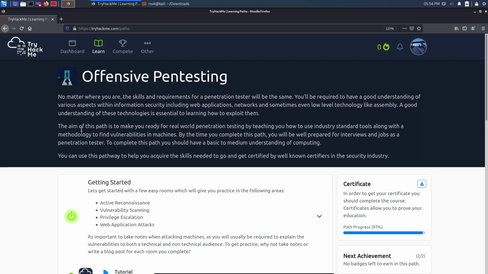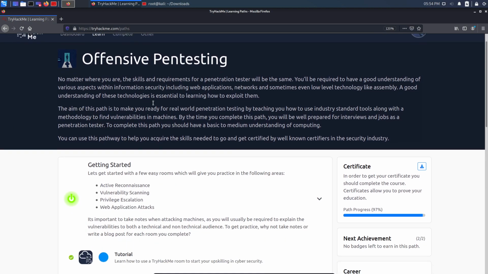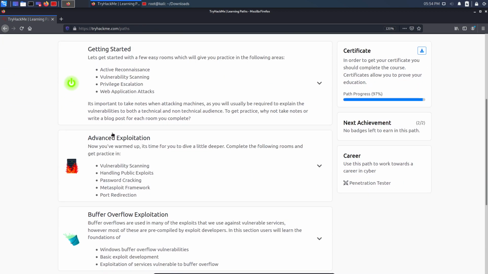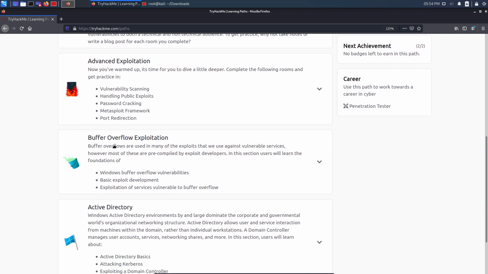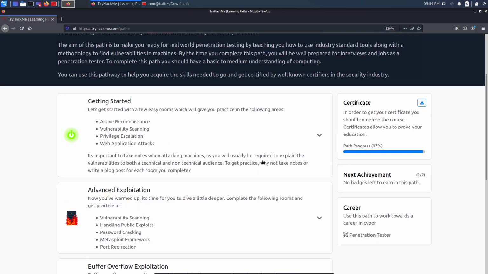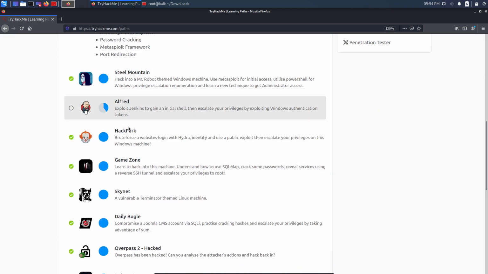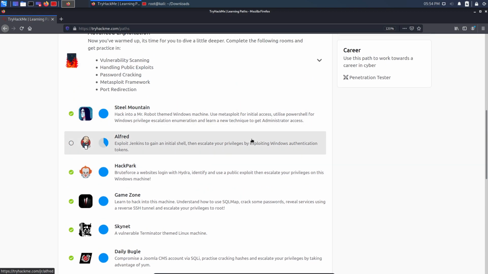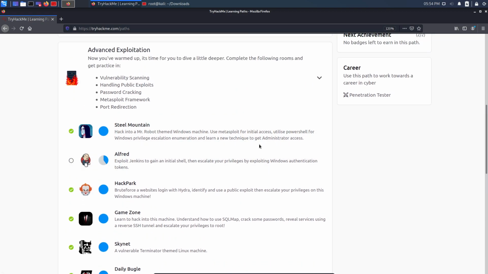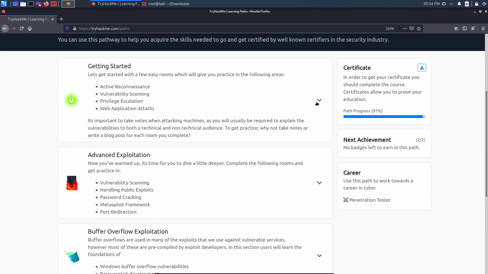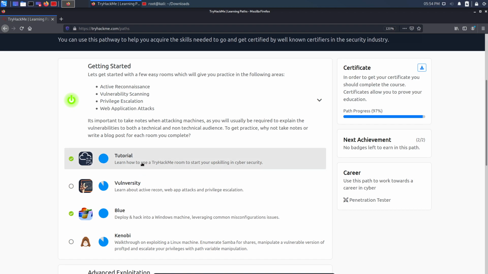Clicking on offensive pen testing, we see the offensive pen testing page, and here we have some modules like getting started, advanced exploitation, buffer overflow, active directory, and extra credit. Let's click on advanced exploitation and see what's in there. Here we see we have some rooms, Steel Mountain, Alfred, Hack Park, and other rooms. We can click on any room, start the machine, and then start our Nmap scans and do penetration testing. For the sake of this video, let's use this tutorial room. So if I click on this one,